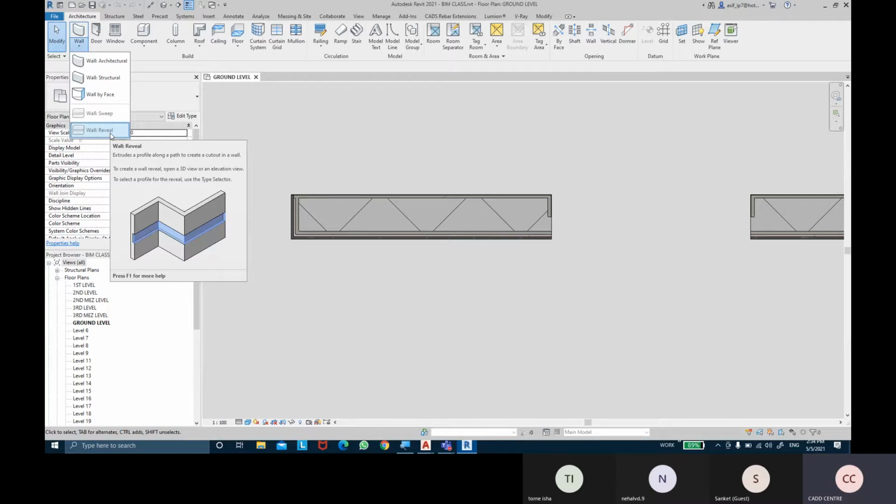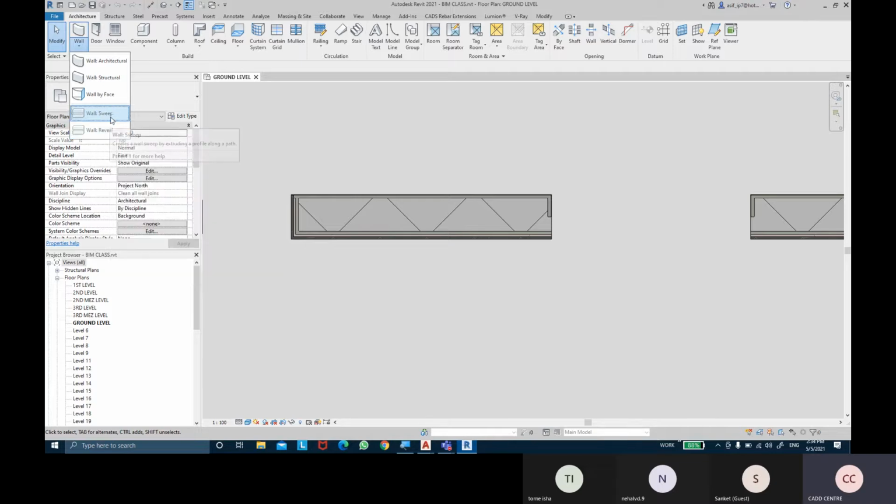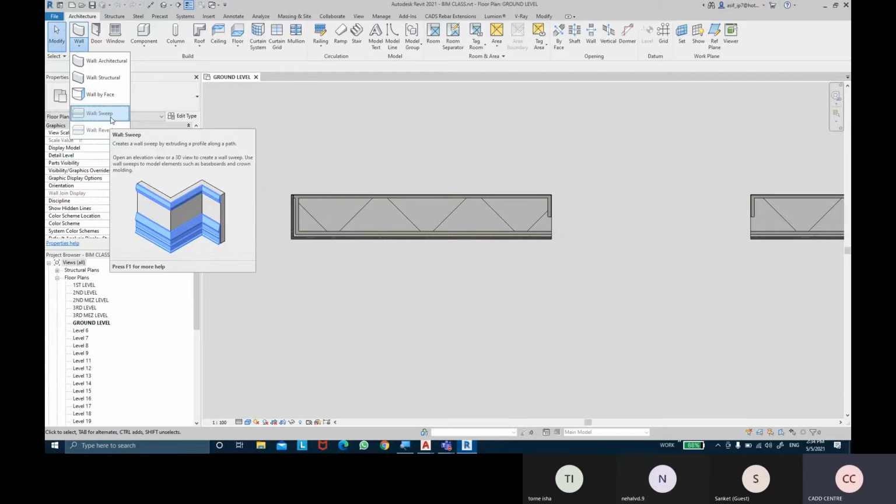grooving lines, basically any sort of grooving designs, that is wall reveals. And wall sweep is if you're going to create an extrusion on the walls, maybe molding, skirtings, crown moldings, or coping for the wall tops.